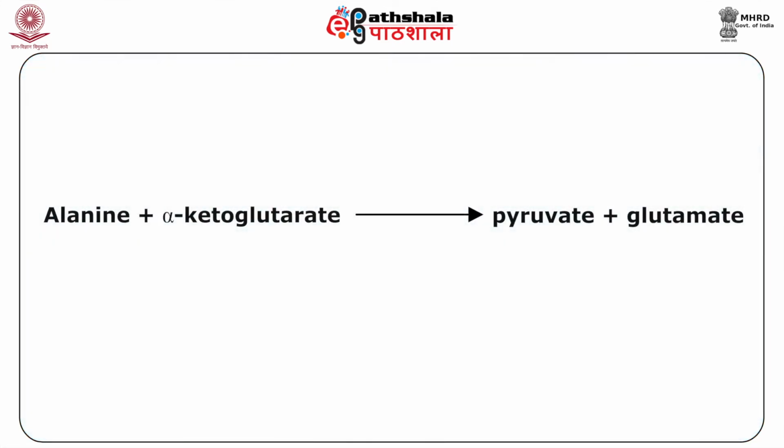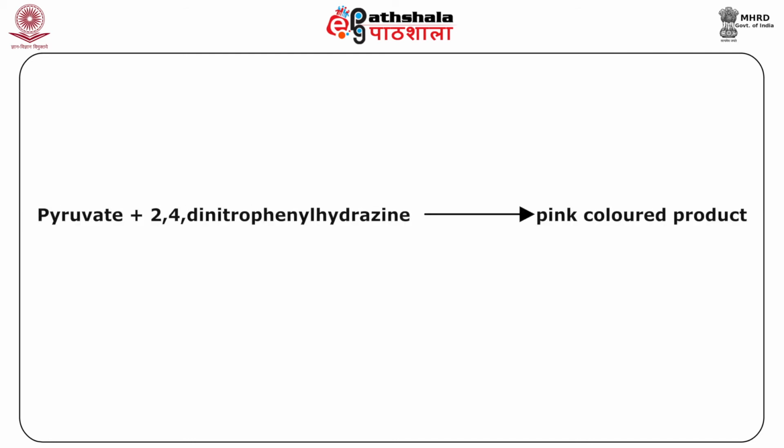The reaction catalyzed by SGPT is alanine plus alpha-ketoglutarate giving rise to pyruvate and glutamate. In the clinical estimation of SGPT enzyme, the pyruvate released in this particular reaction is estimated by reacting it with 2,4-dinitrophenylhydrazine. The end product of this reaction is a pink colored product. The pink colored product obtained as a result of this reaction is colorimetrically estimated at 505 nanometers and correlated to